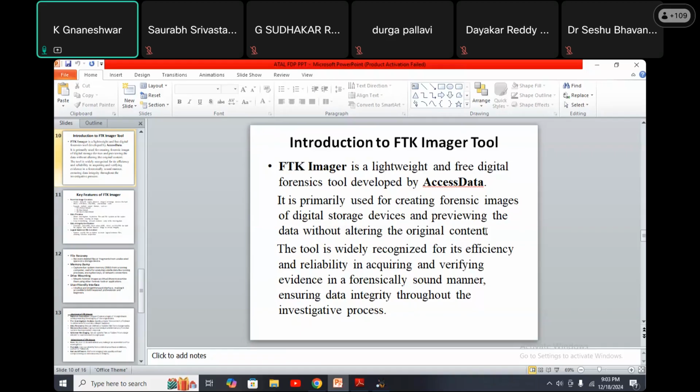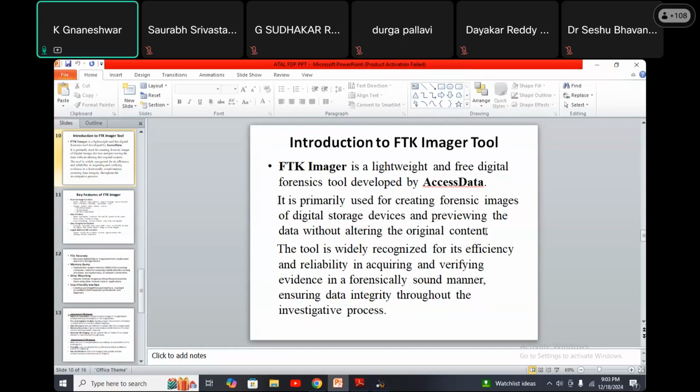Changing the data is not possible and adding data is also not possible. As it is, what we get originally in that crime situation, we are simply creating a duplicate of the storage.